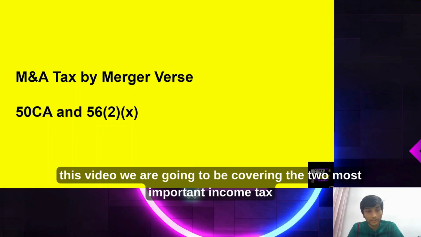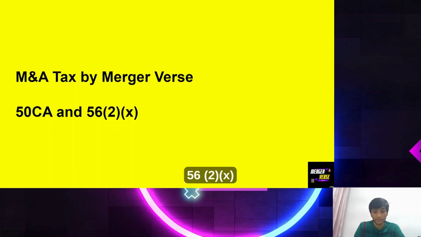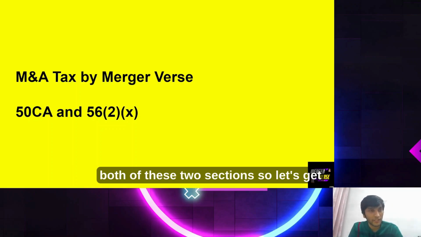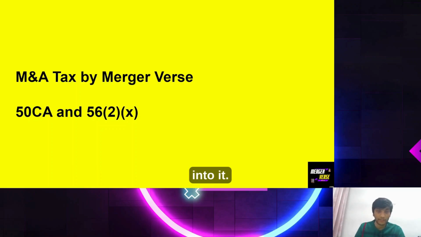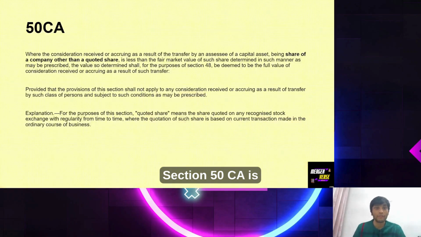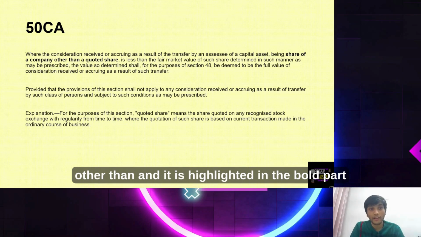And now in this video we are going to be covering the two most important income tax sections, which is section 50CA and section 56(2)(10). I'm sure both of you or most of you will be aware of both of these two sections, so let's get into it. Section 50CA is basically applicable on transfer of shares of a company other than